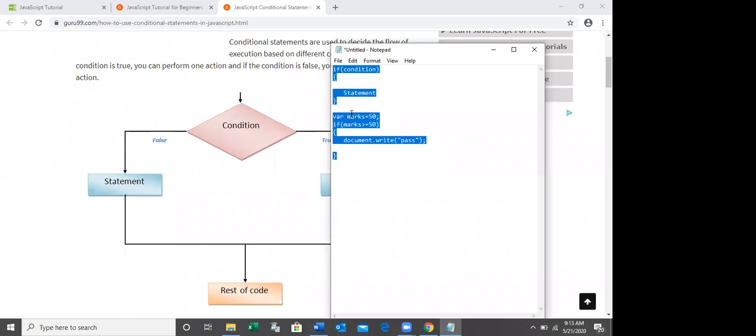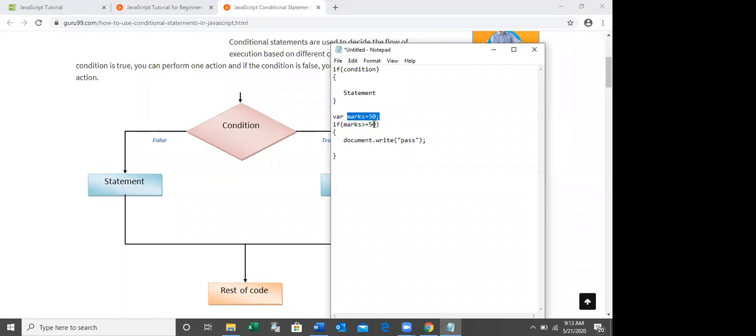We can do this one as practical. If the condition is true, then the statement will be executed. For example, marks is equal 50. If marks greater than or equal 50, this statement will be executed. Right now, marks is 50, so the condition is true because of the greater than or equal.